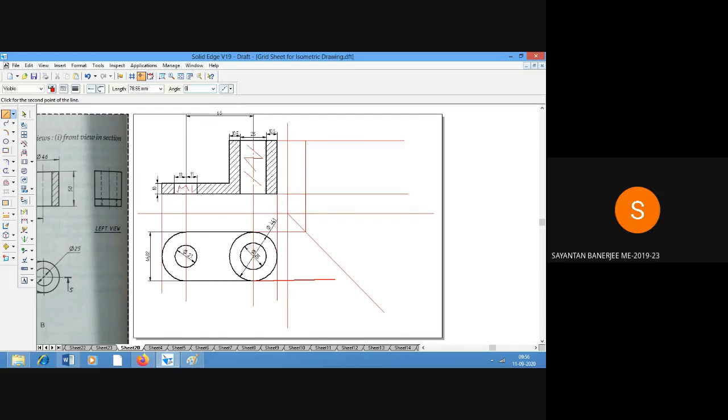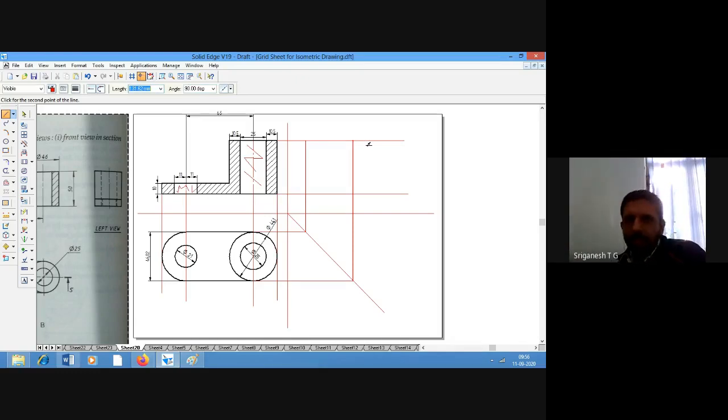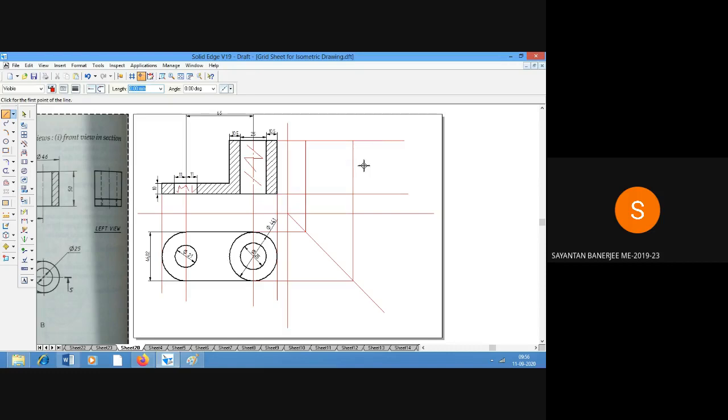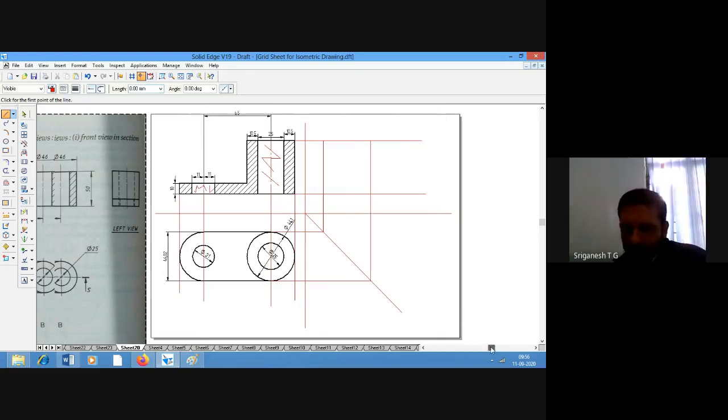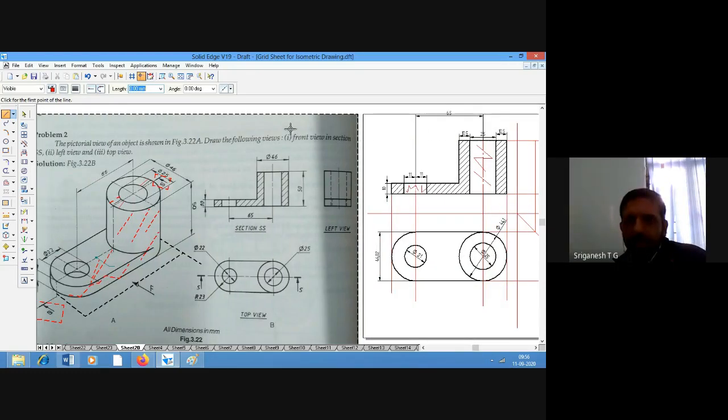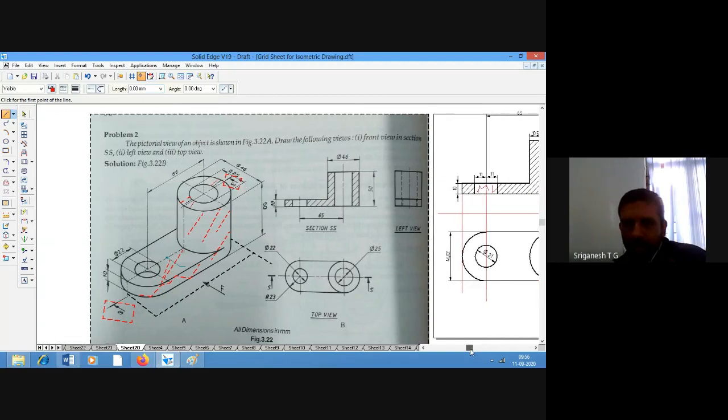Sir, why did you draw the entire top view? Shouldn't you be drawing a cutaway part of the top view too? No, they've asked us only for the top view. They have not asked for a sectional top view. See here in the question: front view in section, then second point, left view, and third point, top view.